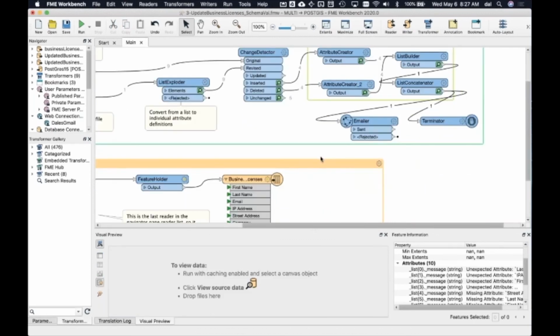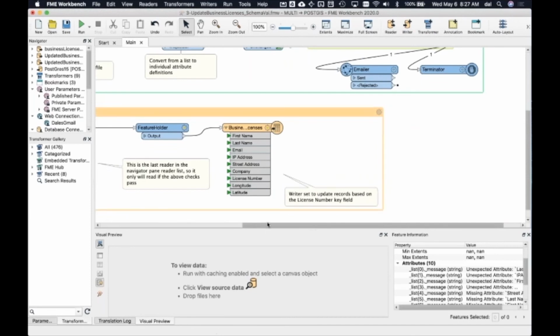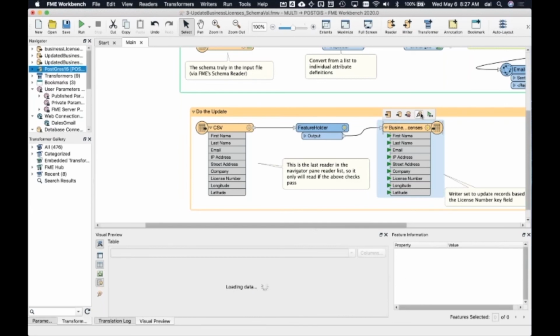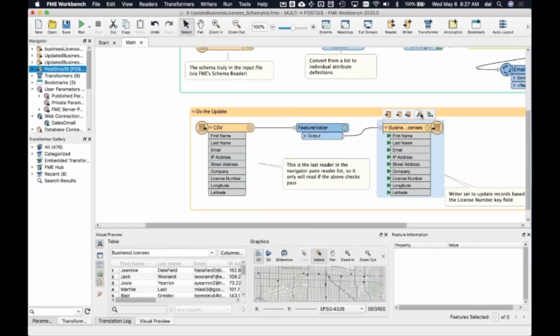And now the bottom part of the flow is basically saying, look, we're going to read things from the CSV. We'll hold on to them just to make sure that the top part completes just fine with the feature holder, and then we're going to go for running the business licenses. And so again, if I look at the business licenses, they should have the Jack and friends. Come on, big business licenses. Yes, there they are. If I go ahead and just run this whole thing,